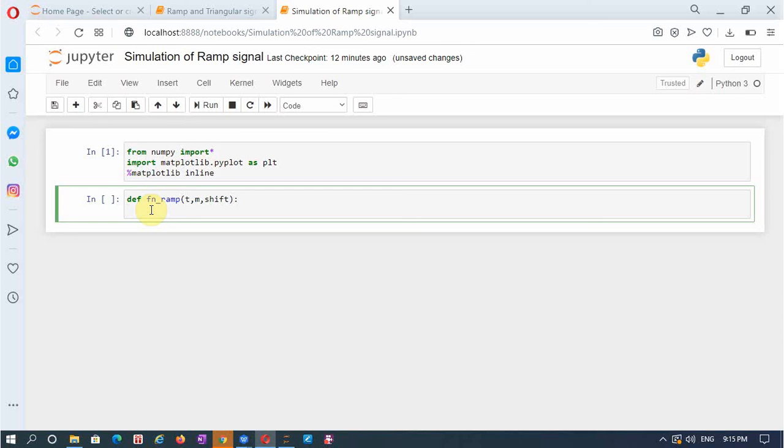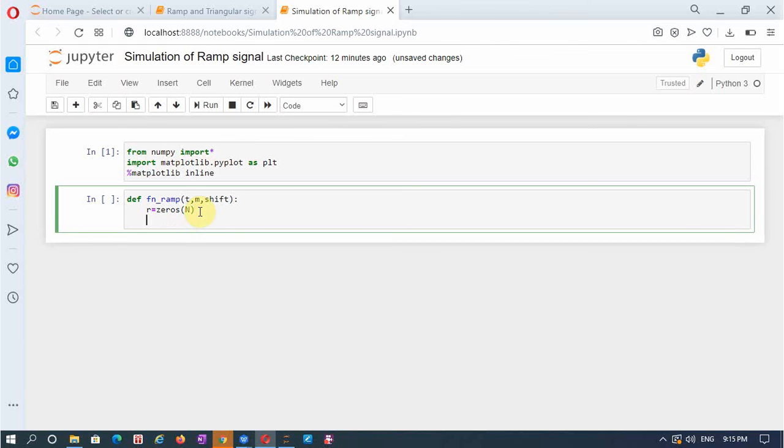Let me first make an array of zeros of size capital N. N is the number of zeros in this array R. Then I'll change the zeros in this array after checking the value of shift.